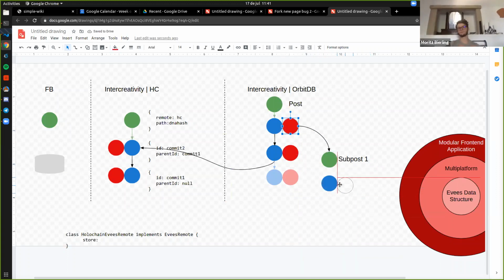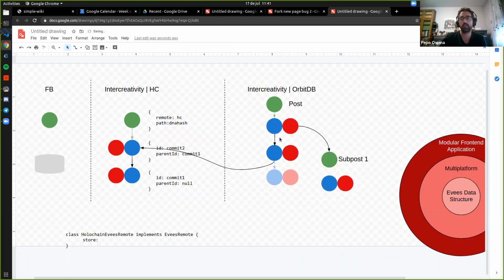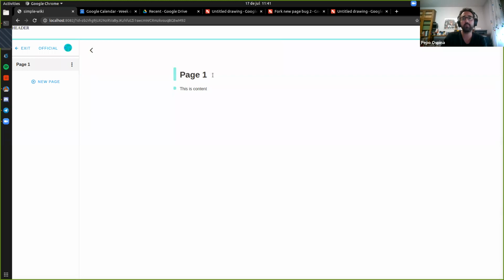Right. Okay. So this is the other key difference from what we are doing with a Git repository. A Git repository has usually, it's very hard to handle links between repositories. There is something called submodules, but in this case, this is very simple from the front end. So while you interact with the app, you are starting to create links.